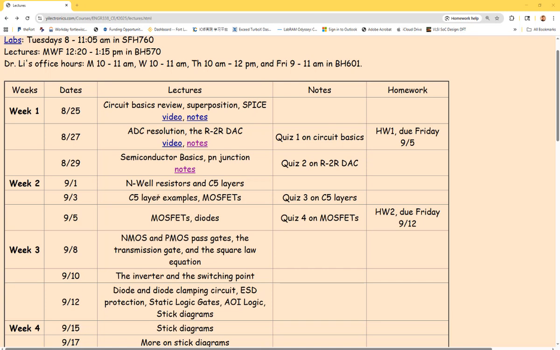Okay, so understanding the layers of the CMOS transistors and semiconductor materials or devices is very critical, super critical for understanding any future design using different technologies. So we have to cover this kind of material in this class. It serves for a lot of different purposes. And that's why if you look at the in-class exercise, it has all these examples for drawing the cross-sectional view of the layers